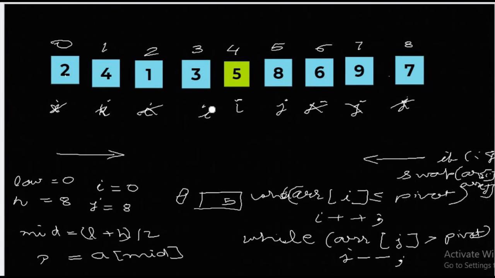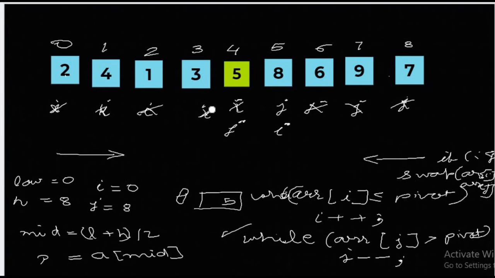We will check, while array[i] is less than or equal to pivot, yes, again one more time, because it is equal. In the equal case also we have to increment i. So now i is here. Again we will check, if array[i] is less than or equal to pivot, no. In this condition, the condition is false. So we will go to the second while loop, which is array[j] greater than pivot. Yes, array[j] is greater than pivot, so we will go here. And then again we will check, if array[j] is greater than pivot, no. So we'll stop here.